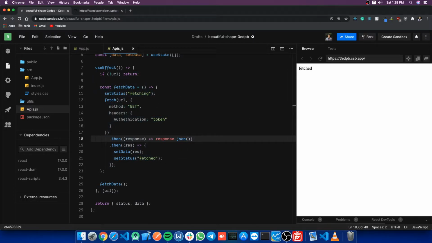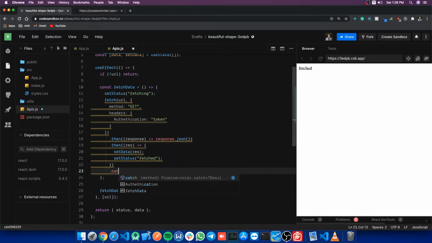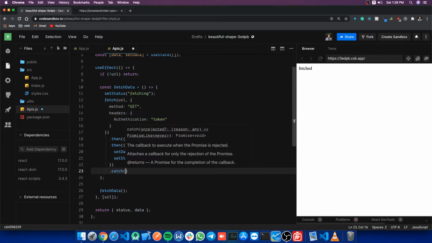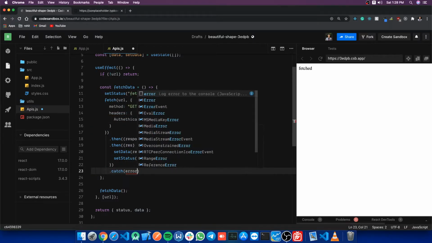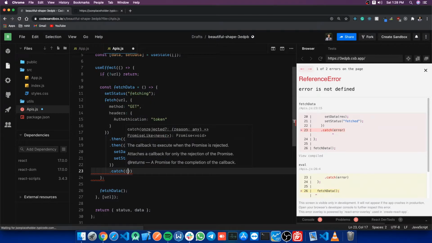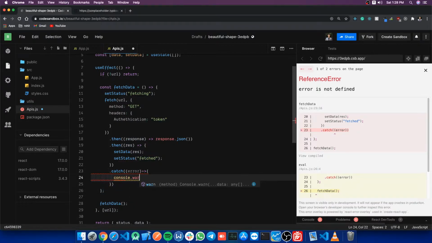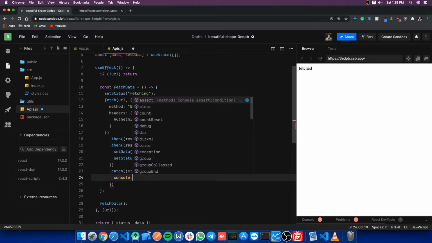So after this we can simply catch for some errors here. After you have fetched here, you can simply write .catch and error, and then console.error.